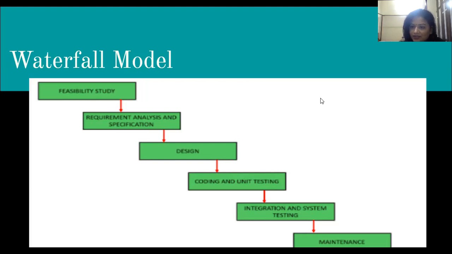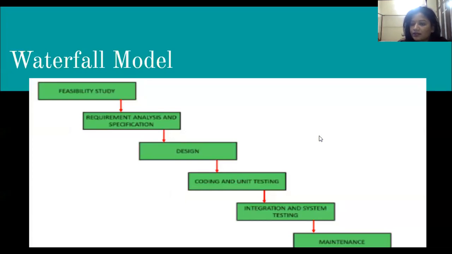Then after a high level design is built, comes coding and unit testing. After the high level design, we write the software's code. The actual coding of the software begins by the development team. The coding is done module wise, and after each module's coding is finished, they do unit testing. The unit testing is performed by the developer.